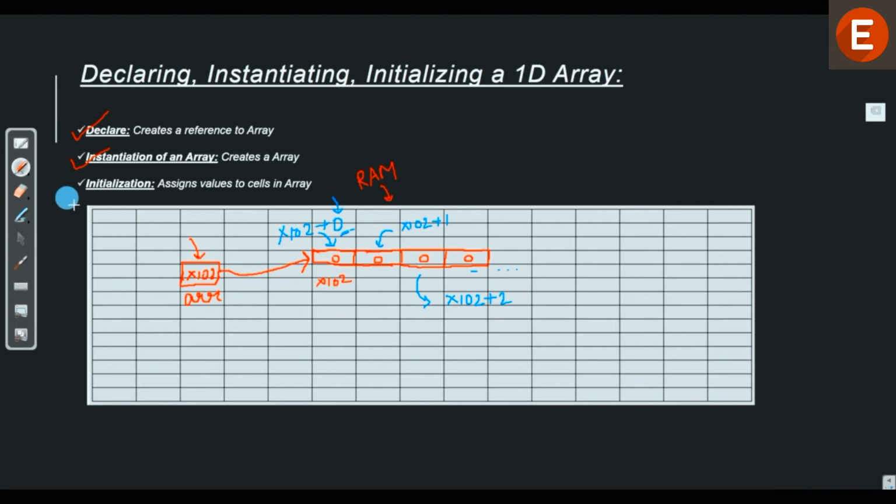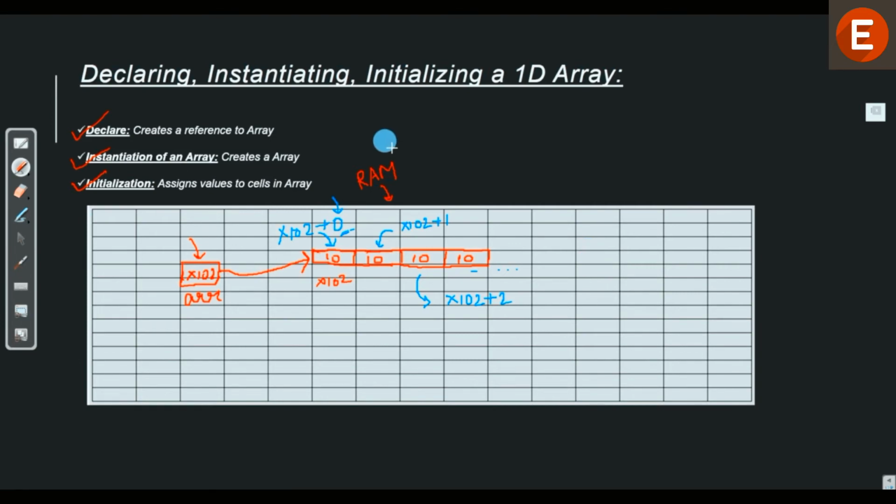Now let's get back to our original topic, which is creation of an array. So till now we have declared an array and instantiated an array. Now the third step is initialization of an array. What we mean by that is, if we want to give any default value to any of the cells in this array. So right now the compiler gives a default value of 0. But let's say we want to give a value of 10 in each of these cells. So that is nothing but initialization. So after initialization, our array looks like this. So it has 10 in all of the cells.